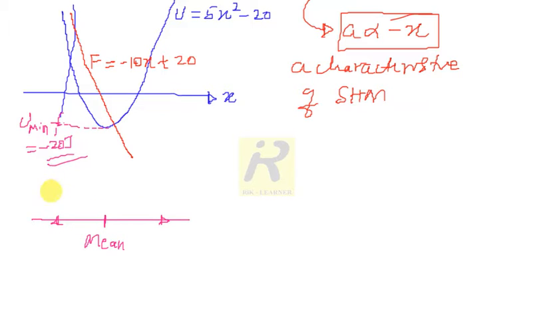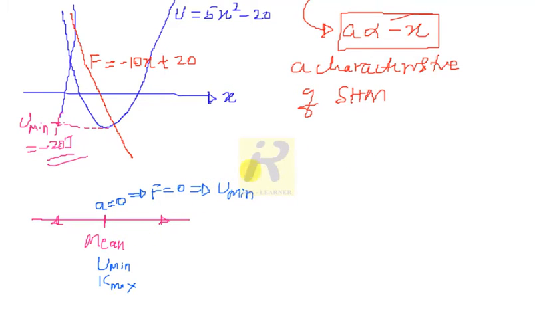At the mean position, what we must know is that acceleration a equals 0, which implies F equals 0. When F equals 0 at this mean position, you must know the potential energy will be minimum and the kinetic energy becomes maximum. So at mean position a equals 0, otherwise F equals 0. When F equals 0, you can simply say U becomes minimum.